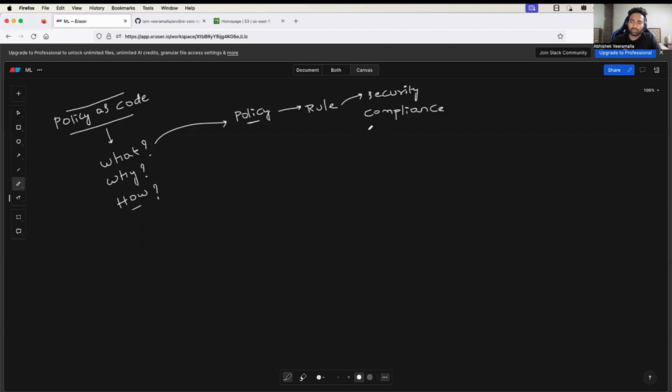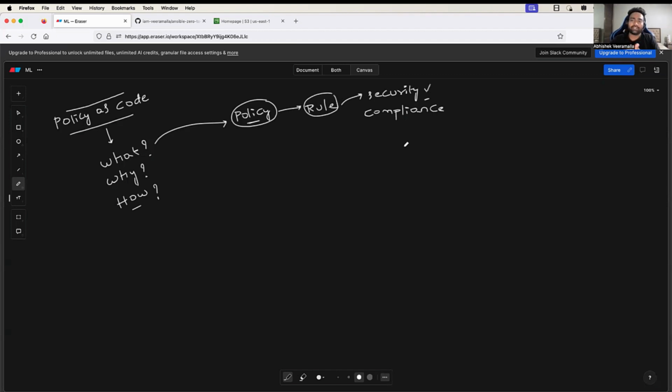Let's say you are in your school, university, or at the office. Any of these places, they have a policy in place, that is, to enter your school, university, or your office, you need to wear an identity card. Now that is nothing but a policy that your organization has, or a rule that your organization has for the